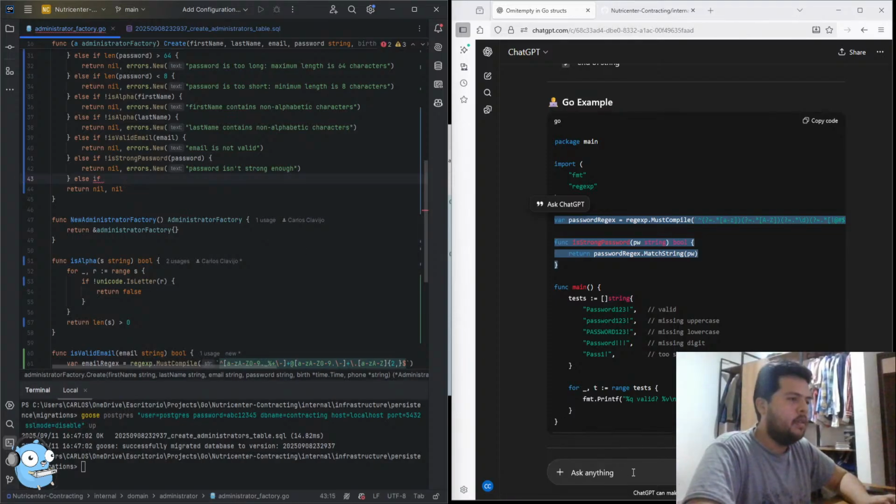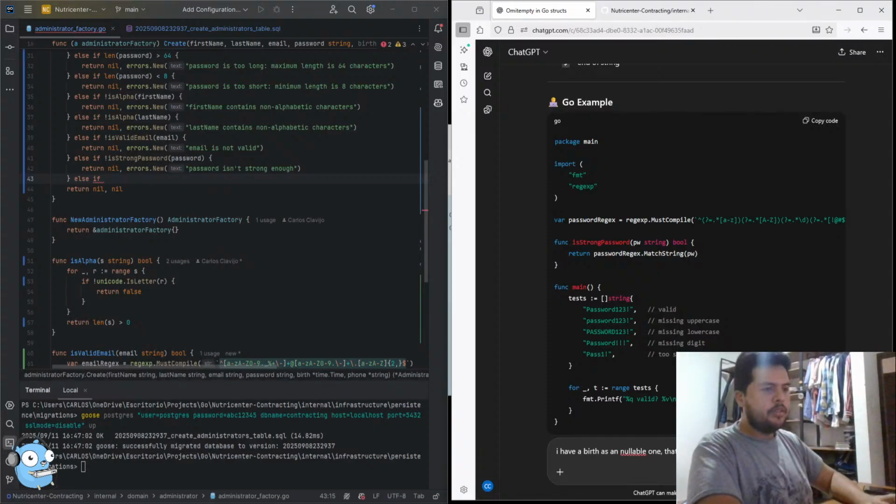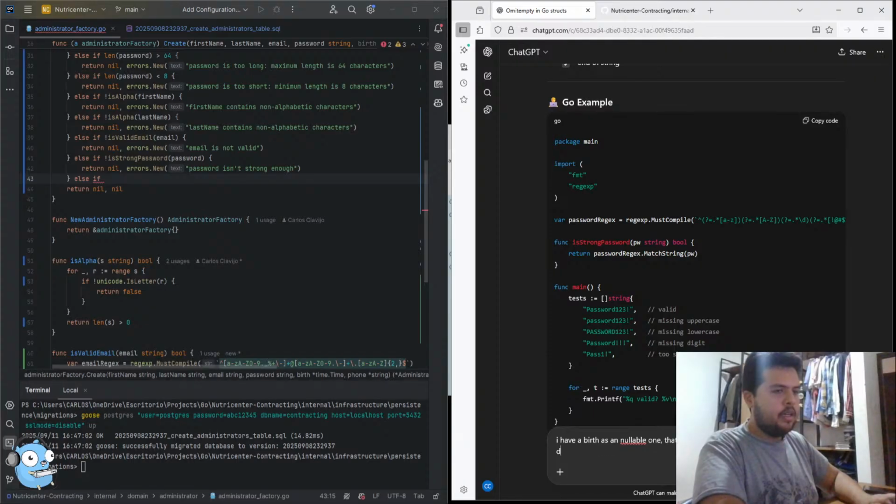Else if. I have a birth date as a nullable one, that means that the value is a time.Time. But if it is declared, I declare it how it's supposed to be managed. I mean,